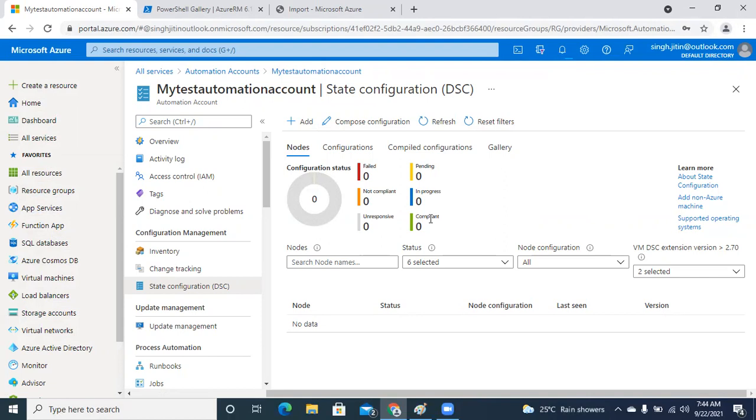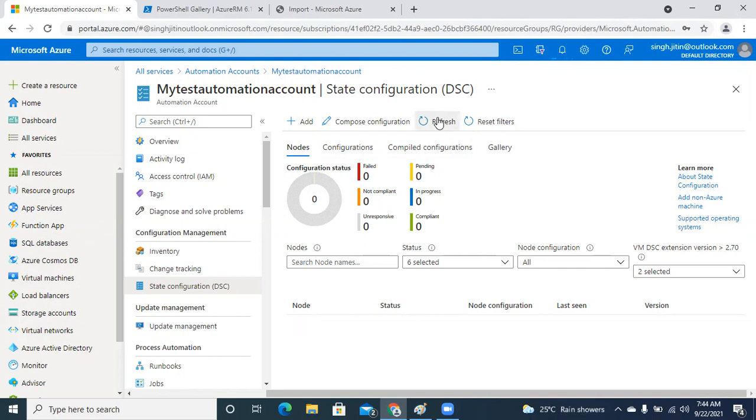The moment you push any sort of script and there are any changes happening, it will show pending. And the moment changes are getting made, it will show in progress while the changes are being done on the machine. Apart from that, if any script that you push fails, you can see over here not compliant resources, and unresponsive. If the machine is shut down and you're trying to make an update on hundreds of machines, how many resources are unresponsive in nature, you will be able to track all this information with the help of this.